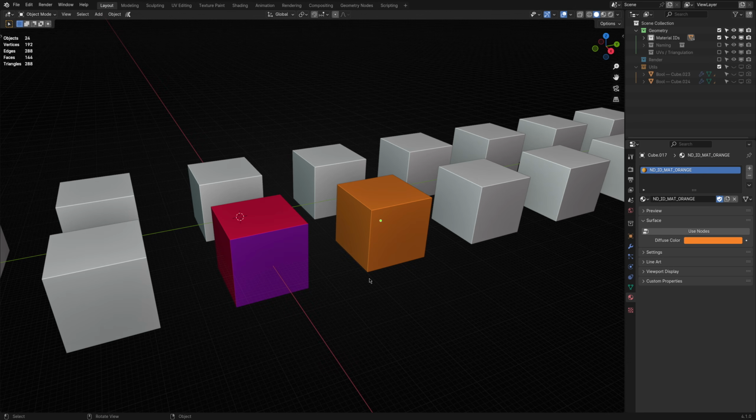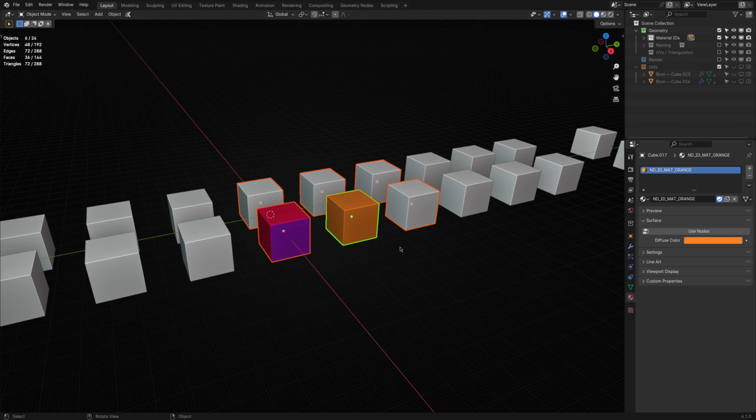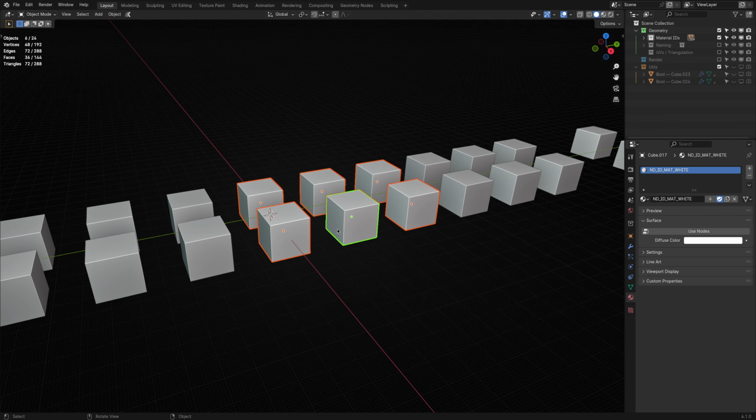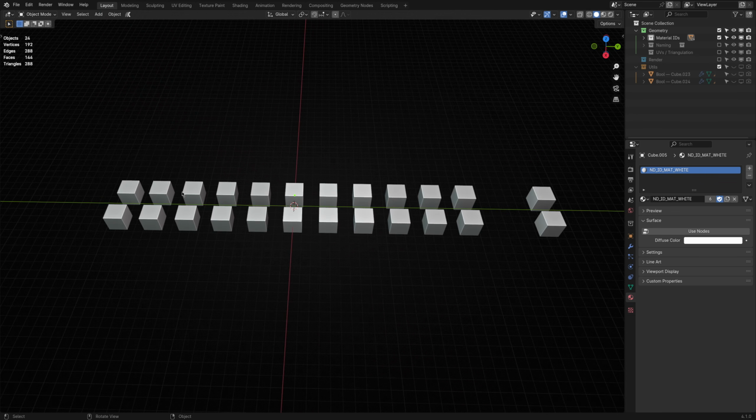So typically, I select all of my high poly meshes and apply a white material ID at the start. Then I systematically work through the meshes at an object or geometry level as required. If you know that each mesh requires a unique material ID at an object level and you have 22 or fewer of them, you can have ND automatically apply a random material ID to them.